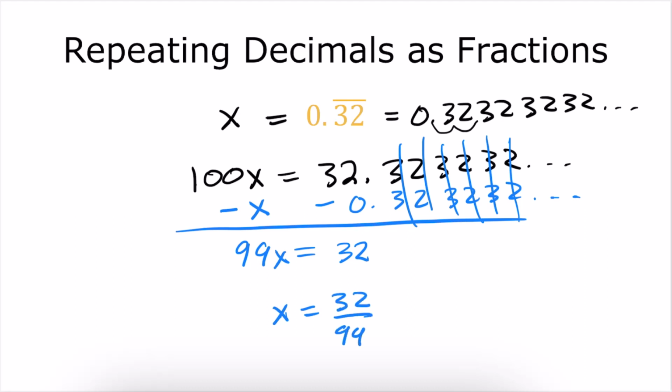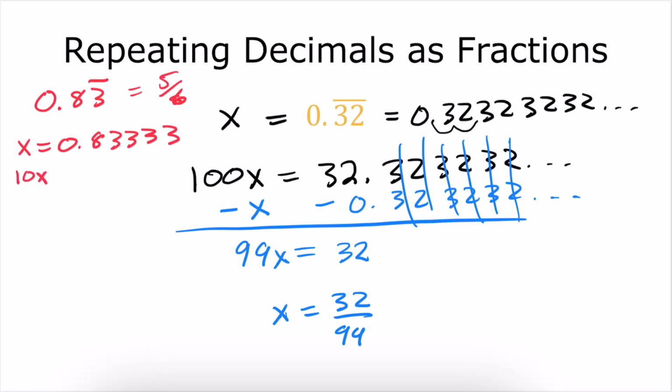Now, sometimes you may need to multiply x in two different ways. Like, for example, if we take the repeating decimal we got on the last slide, which was 0.83 repeating, and we know from the last slide that this equals 5/6. If we were just given that decimal, we would say x equals 0.83333333, and then we would want to say 10x equals 8.33333, and then we would want to say 100x equals